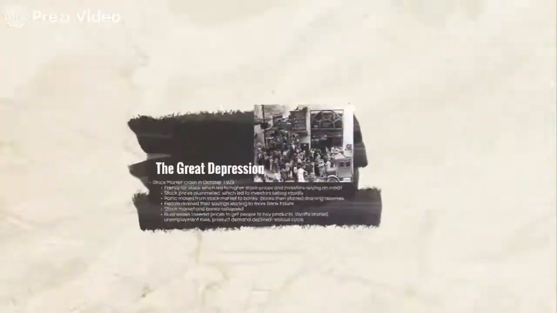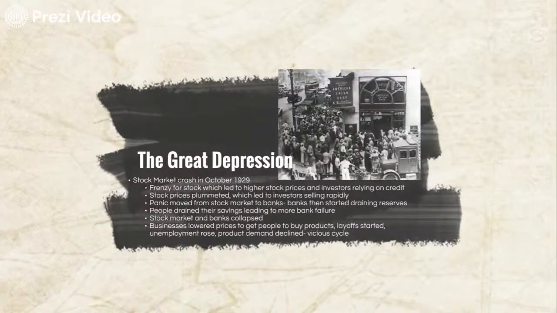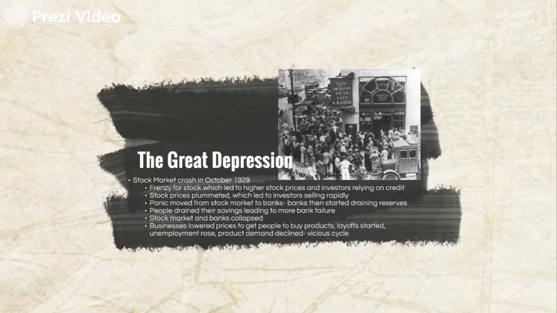Moving on to the turning point of this time period, the Great Depression. So the stock market crashed in October of 1929. Essentially, what happened was stocks were on the rise and investors were relying on credit. Well, when stock prices fell, investors were panicking and decided to sell, leading to stock prices to fall more. And this panic moved to the banks because people were losing money with stocks. And then when they found out the banks could not keep up with the withdrawals, people started draining their savings